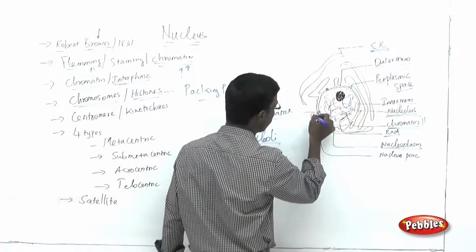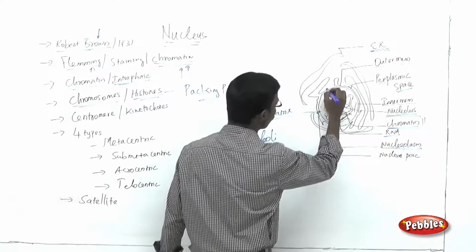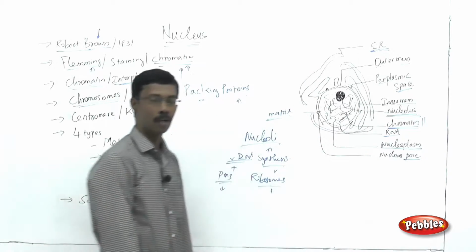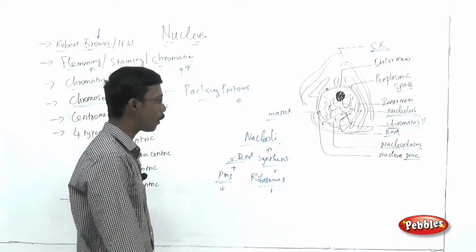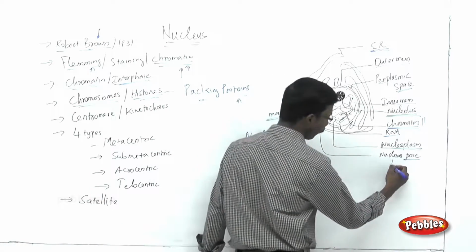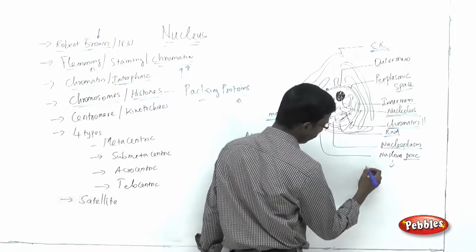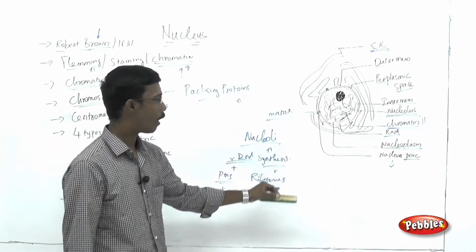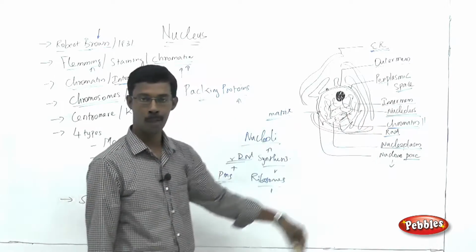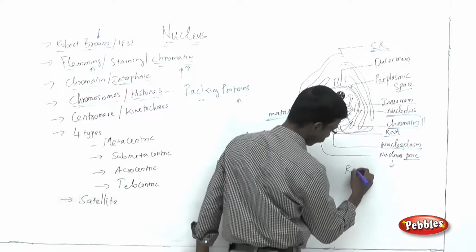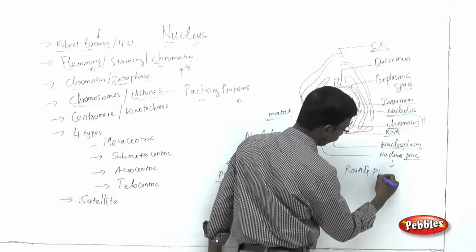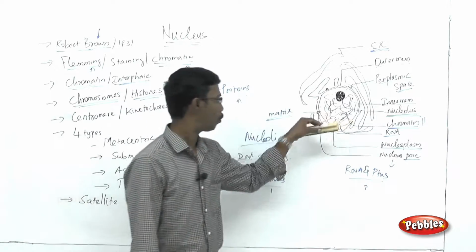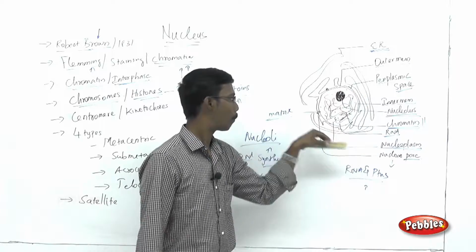Apart from the perinuclear space, the membrane also possesses some pores, some holes. Those pores are called nuclear pores. So what may be the purpose of the nuclear pore? Through these pores only, the synthesized RNA molecules move out of the nucleus and the proteins move into the nucleus. The movement of RNA and proteins in and out of the nucleus happens through the nuclear pores present in